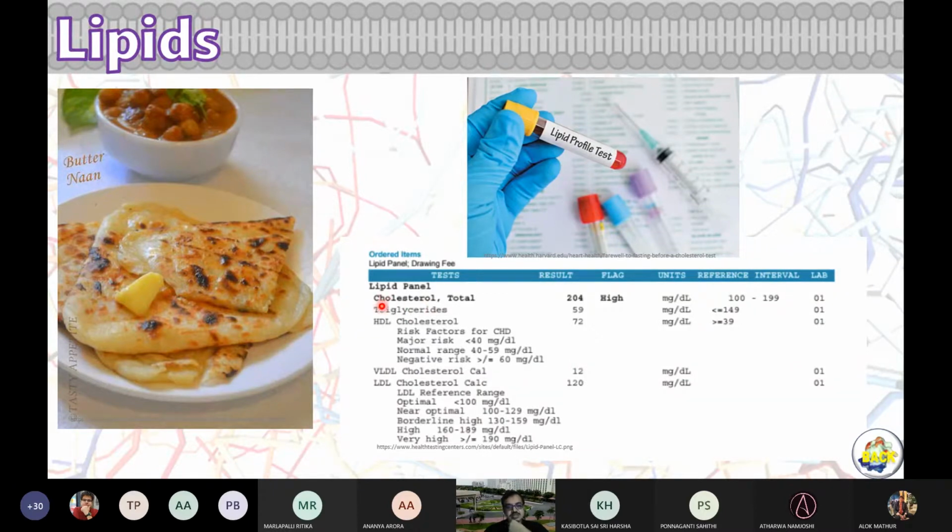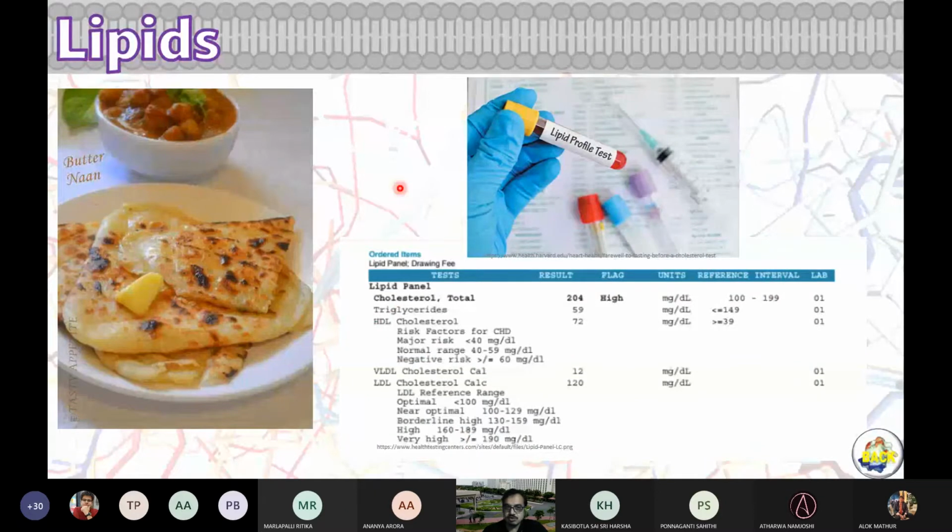And what are these lipids? Cholesterol is a lipid, triglyceride is a lipid, HDL is a lipid, high density lipids. Very low density lipids, LDL, low density lipids. This is a report for some fortunate, unfortunate person. He has a very high cholesterol level and LDL still in control. LDLs are called bad lipids. Remember, these are the things you see in your body.